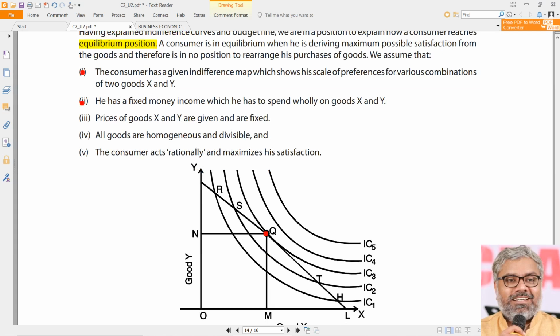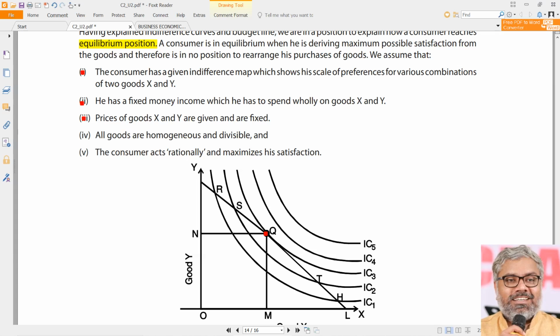He will not save anything. We are not talking about something below his price budget line. He is going to spend the entire money exclusively on X and Y. Really, is anybody going to do that? Is anybody mad like that? No. It's an assumption. If he spends the entire money on X and Y only, then only this works. Or you can say, for the purpose of spending on X and Y, he has a fixed budget. That way you can also say, not necessarily income, you can call that budget.